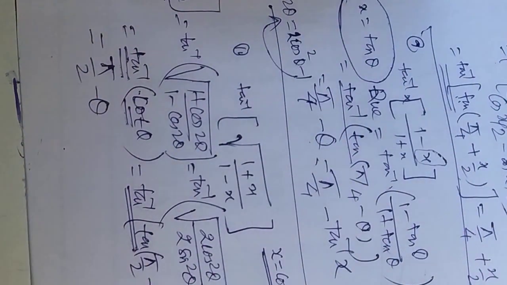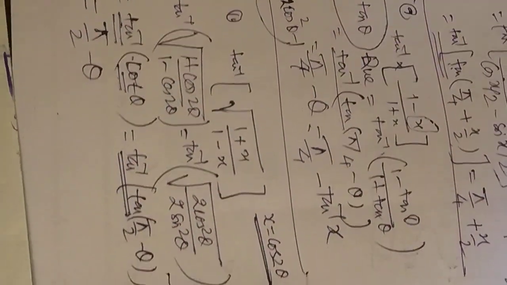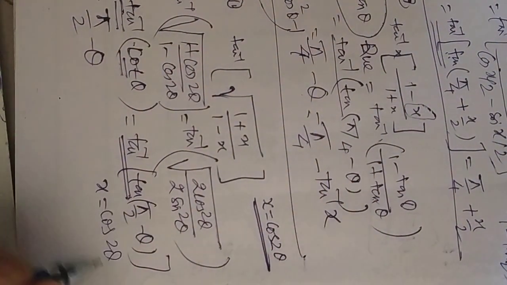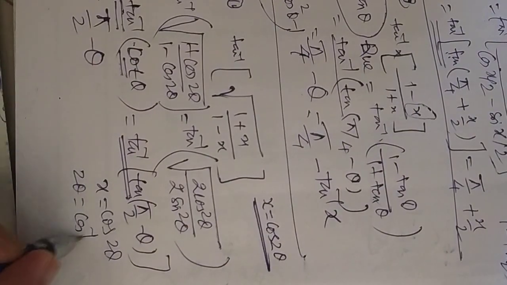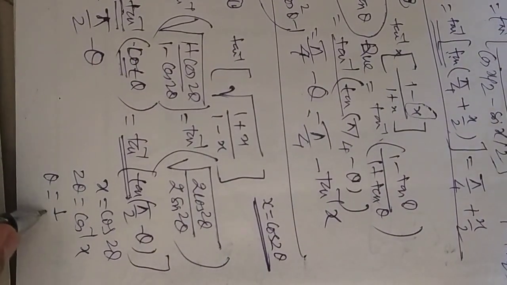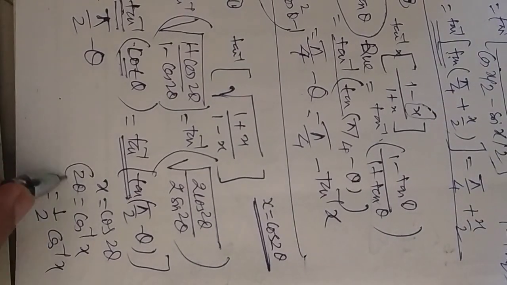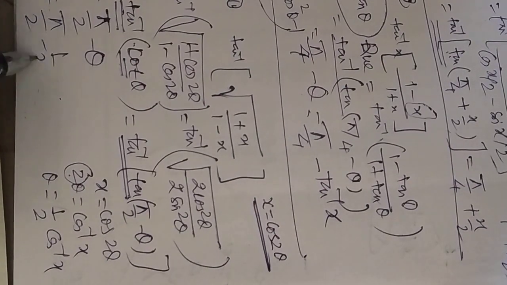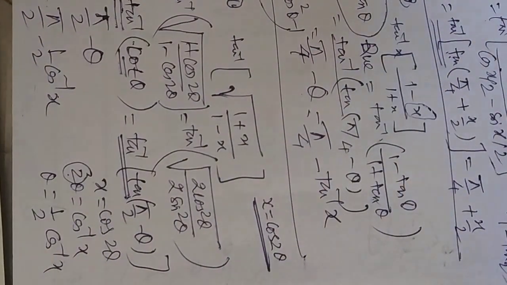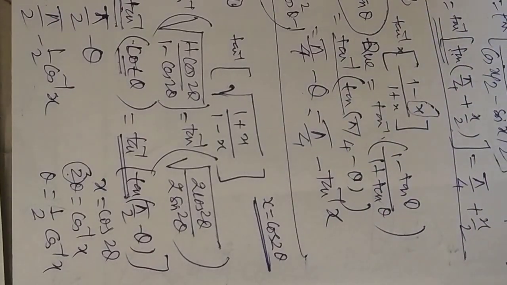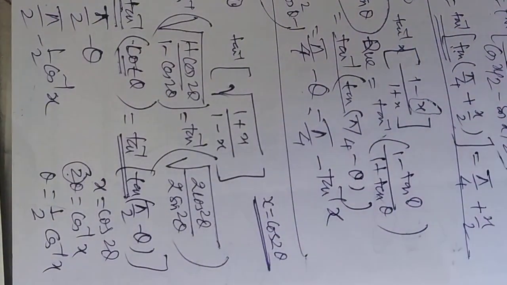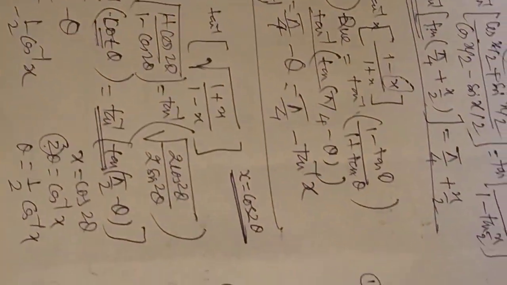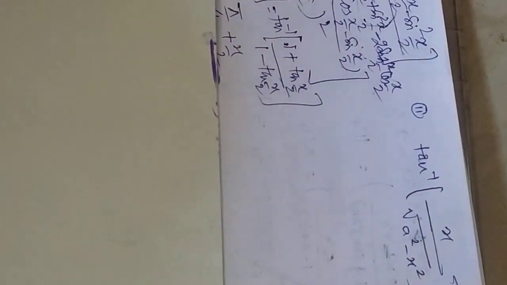Now again, you cannot keep your answer in terms of theta; it must be in terms of x. So this was the replacement. Therefore 2 theta is nothing but cos inverse of x. So theta is equal to half of cos inverse of x. Do not bring this 2 down; it is 1 by 2. So the final answer will be pi by 2 minus 1 by 2 cos inverse of x. So this was the concept which was left in the earlier assignment. When you did the assignment, then this is the new concept coming over here.